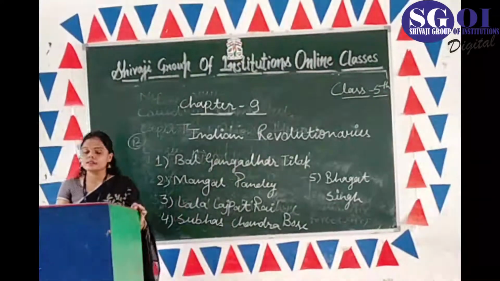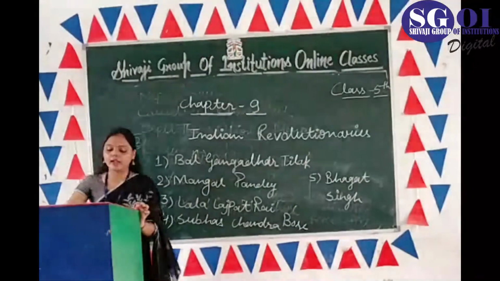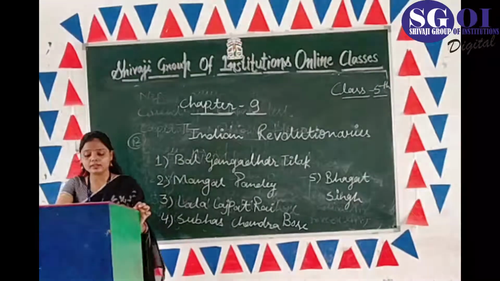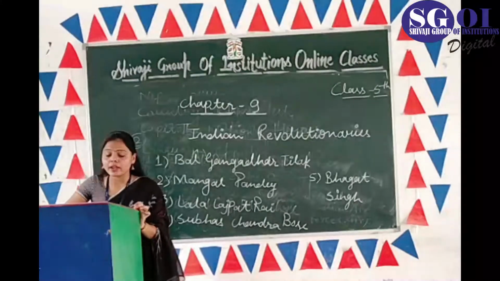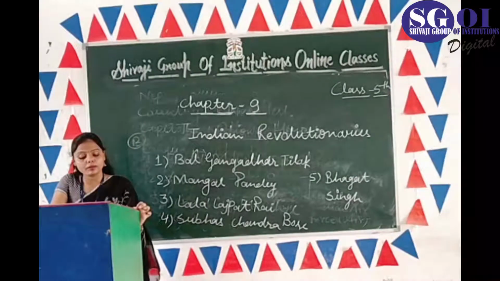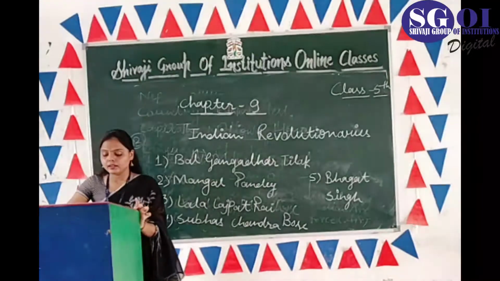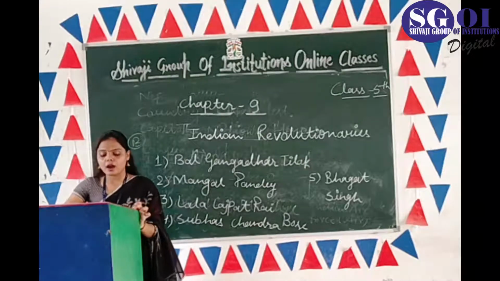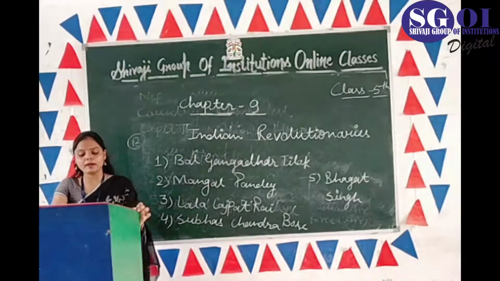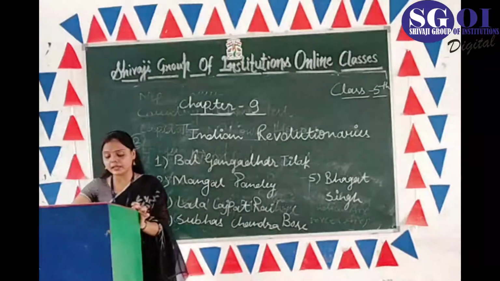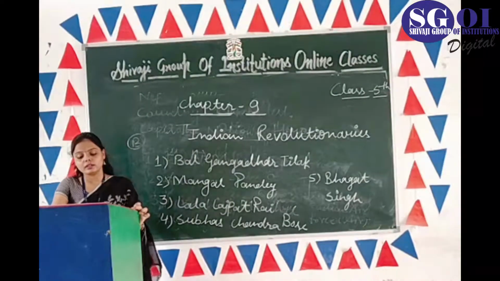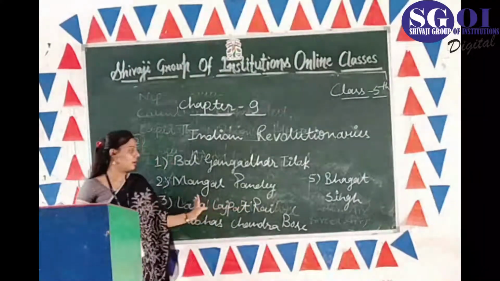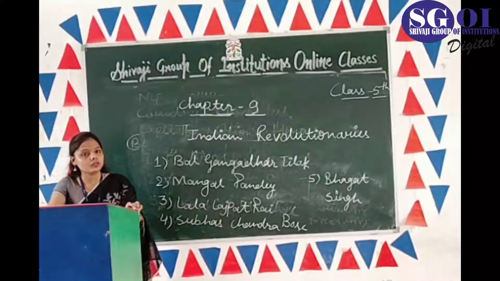Okay. Now, second question is here. He was an Indian soldier. He played a prominent role in incidents before the uprising of 1857, which is famously known as the Indian Revolution of 1857, the Sepoy Mutiny or India's first war of independence. He died on April 8, 1857. The answer is Mangal Pandey. So students, now third question is here.